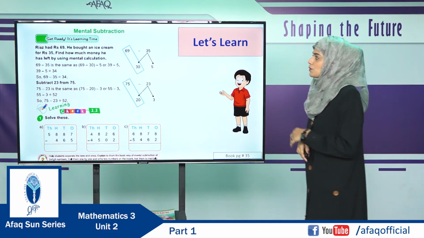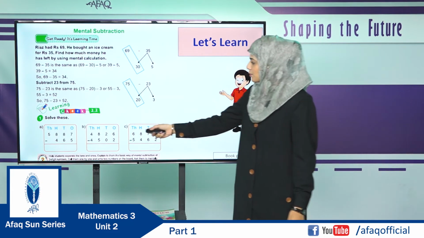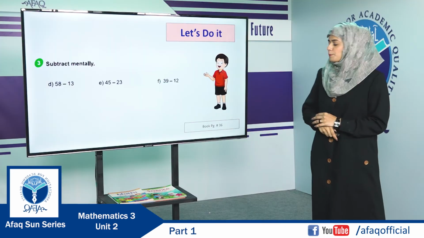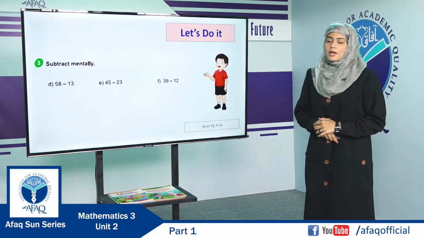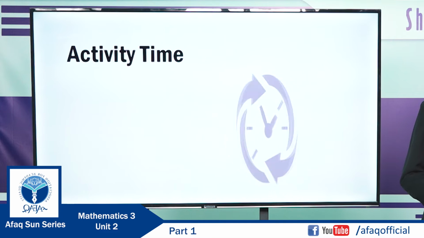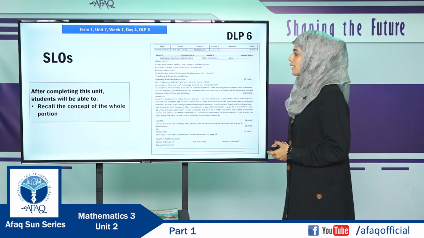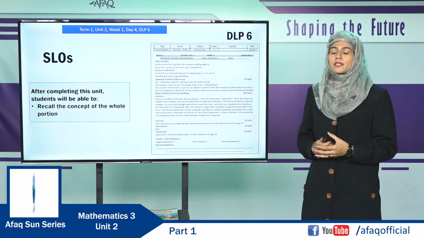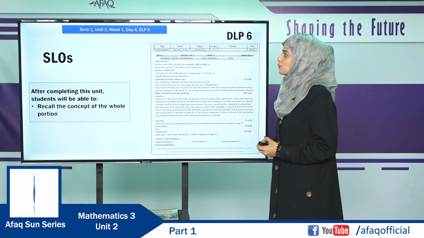I hope you understood this mental calculation. Now solve the other questions, these remaining questions by your own. On page number 36, here is the exercise given. You have to subtract this question mentally. It's an activity time. Let's see the activity. In this SLO, we are going to recall the concept of the whole portion. To cover this, the methodology has been given in DLP 6, which falls in term 1, unit 2, week 1